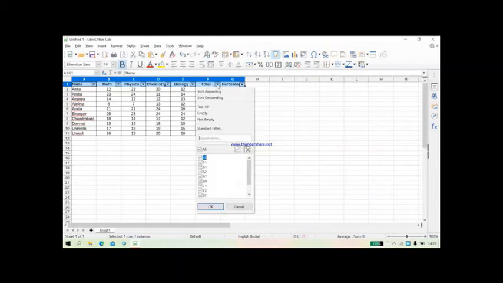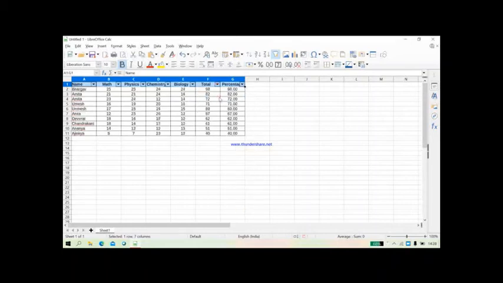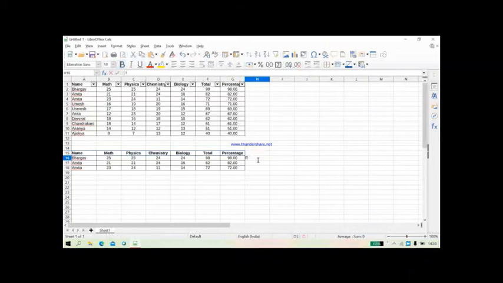Now here I will arrange the percentage in the descending order. So when I arrange the percentage in the descending order, the first 3 ranks I will get as per the percentage form. I will copy these ranks and now I will paste these ranks. So here the field names I will enter as it is, and then I can write here first rank, enter, second rank, enter, third rank. So like that you can arrange the ranks.